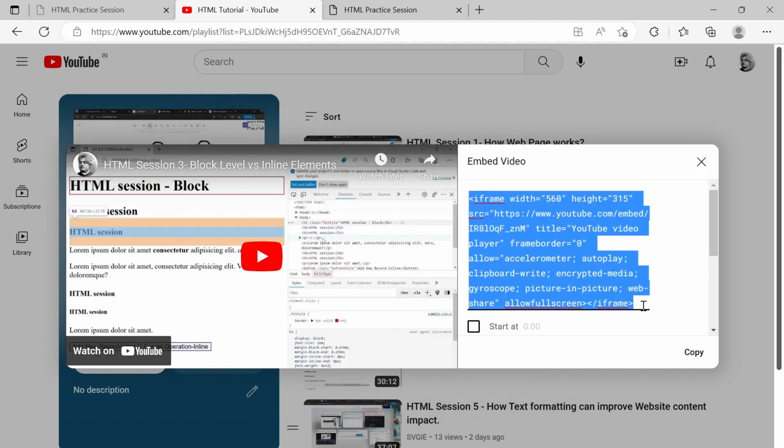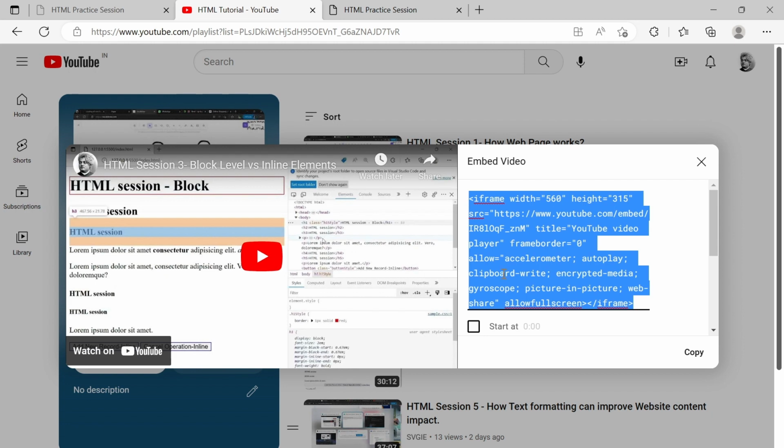We just need to copy this iframe tag and use it in our website. So this particular YouTube video will be available on your website with all the functionality available on YouTube, like share button, watch later, and controls like play, stop, and play with whatever speed you desire.